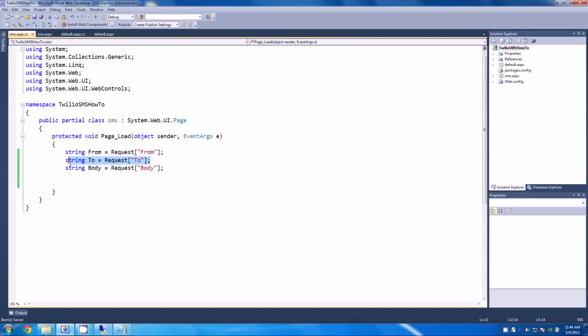And to is important because you might say, well, I already know the number, right, because I only have 1. Well, you might not have 1. What if you wanted to have 3 or 4 or 5 or 6 and handle them in different ways based on which number was texted into? So just throwing that in there so you guys can get your gears going and think about some cool uses for that. So let me do a quick if